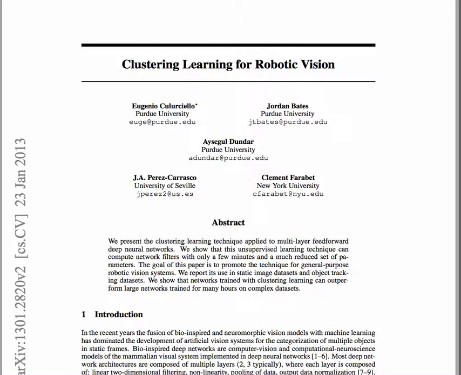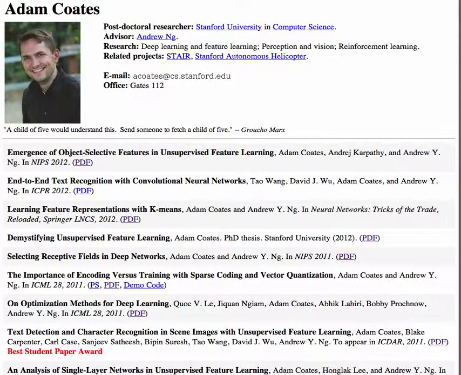Before I go into that, let me tell you a little bit more about the group from Andrew Wang and in particular Adam Coates, that has done some previous work in the area of clustering learning and in particular learning with k-means for unsupervised deep networks. So I'm going to tell you a couple of things about a few papers of his that I found quite interesting, and then I recommend you read them